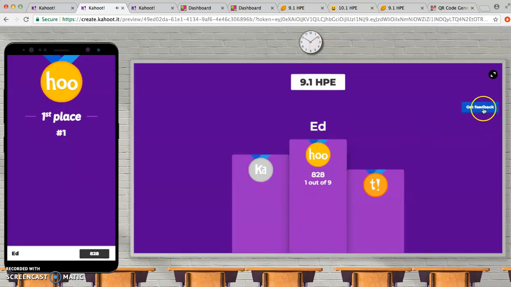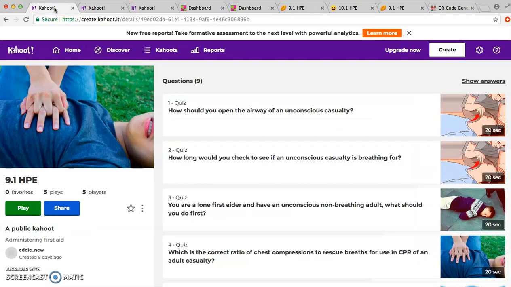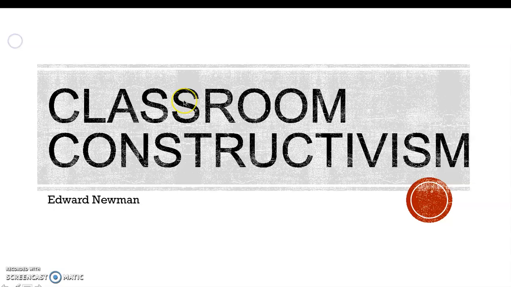What I do like is you can use feedback, so students can say, how do you rate this Kahoot? You can go 5, 4, 1. Did you learn something? Yes or no? Do you recommend it? If we go back to our slide,